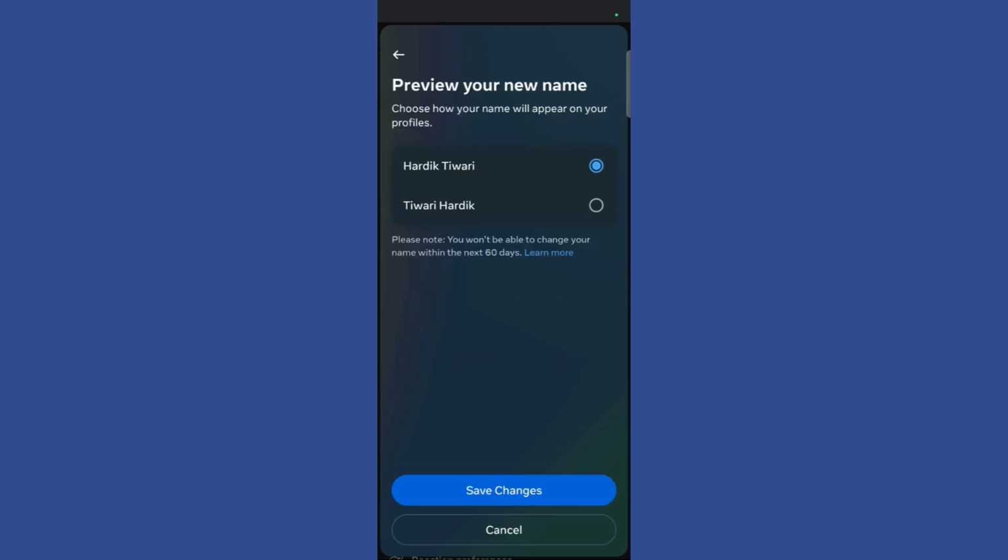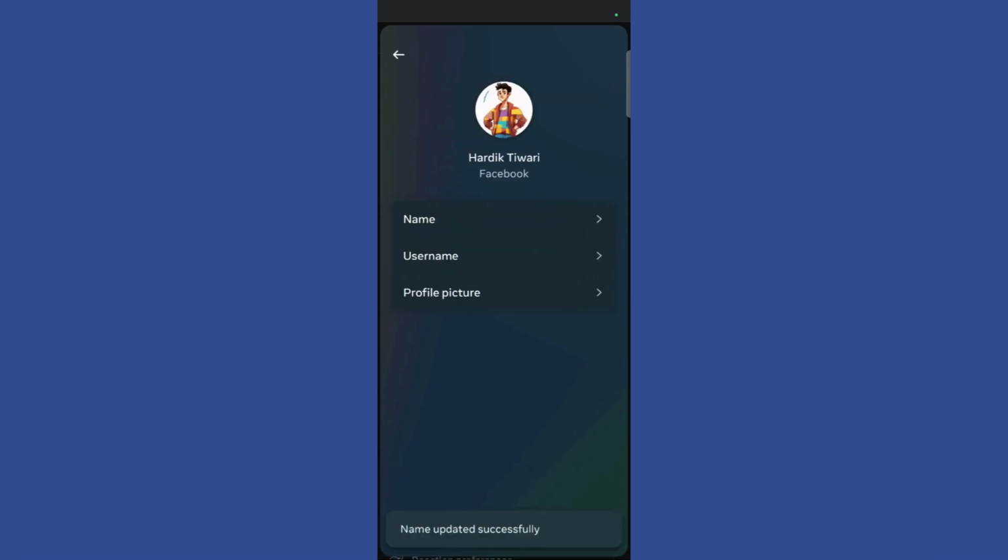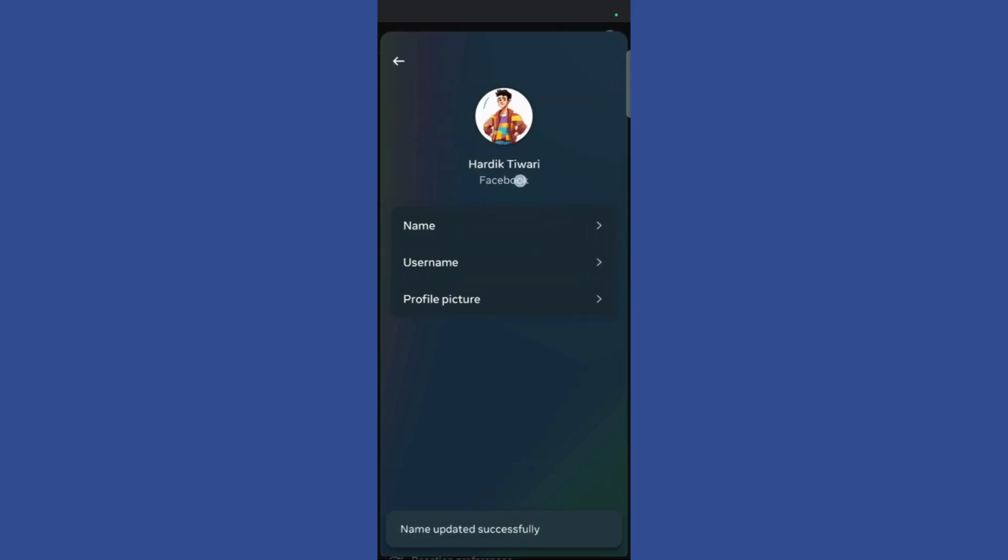Then give it a little time and here you can see that it will give you a name preview, whether you want your first name to be the first name or you want your second name to be the first name. Then you may choose any suitable option from both of these and then you can click on the save changes button. Once you have clicked on the save changes button, you can see that your Facebook name has been